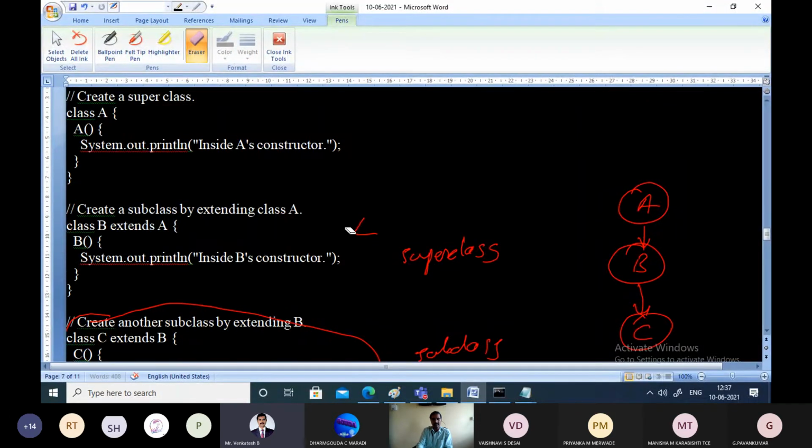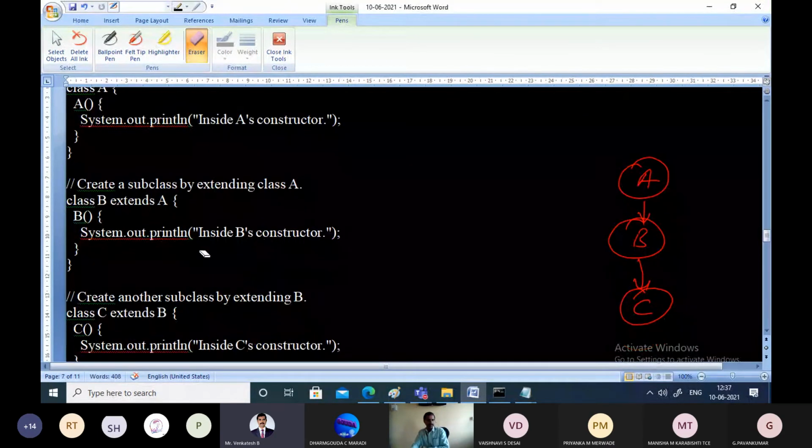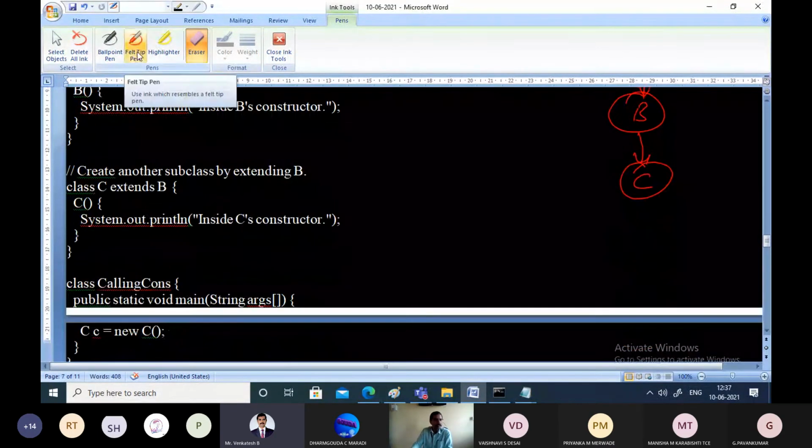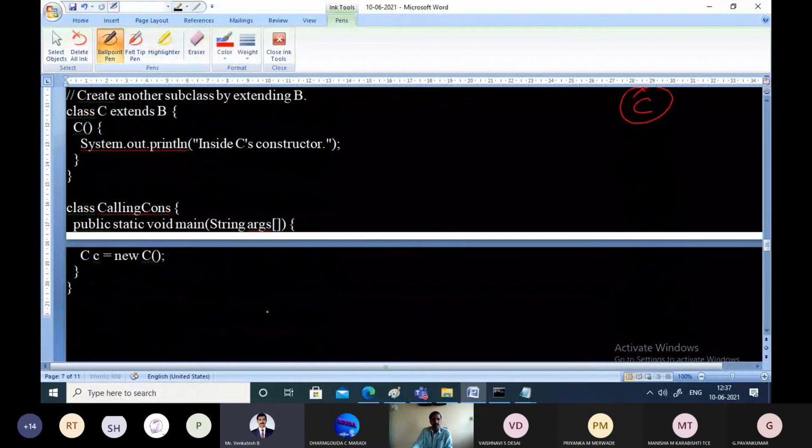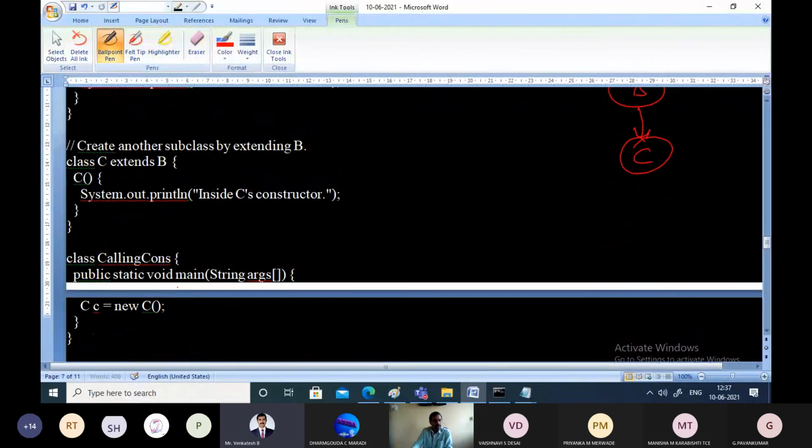Now every class has its own constructor and nothing is happening in those constructors. Only one statement is being printed. So these are the classes. Now let us see what happens whenever you execute main function and execute this statement. What is happening in this statement? We are creating new object of C. That means we are calling constructor of this C.